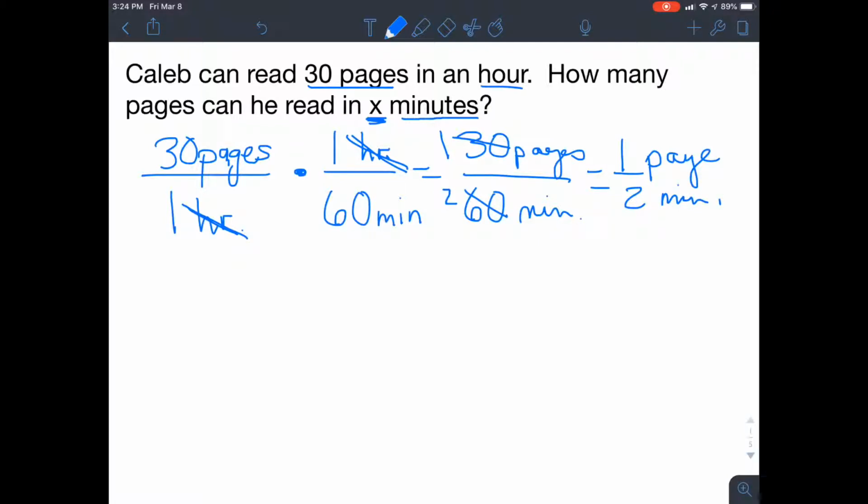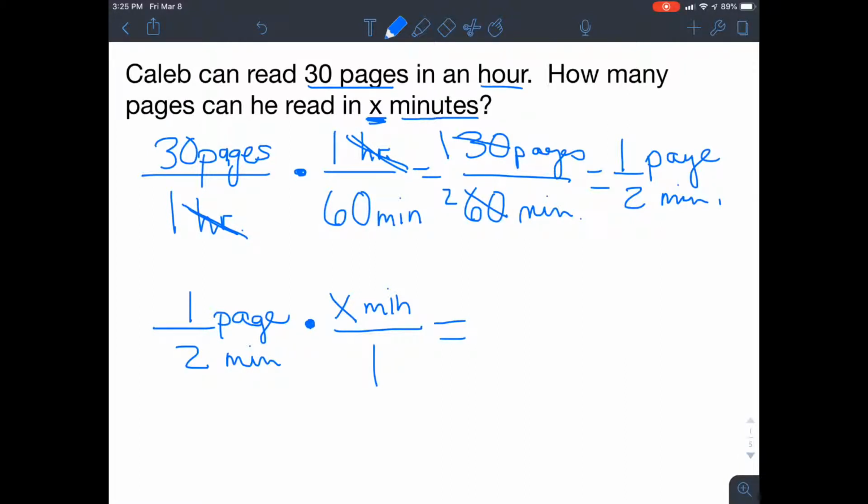So now I need to find out how many pages I can read in X minutes. Well, if I can read 1 page in 2 minutes, then I need to find out how long it will take me to read X pages, or in X minutes. So I'm going to multiply again by X minutes. And X just stands for a number that we don't know. So I don't know how long he's going to be reading, but this tells me how many pages in an